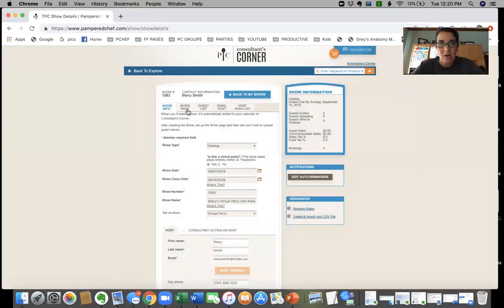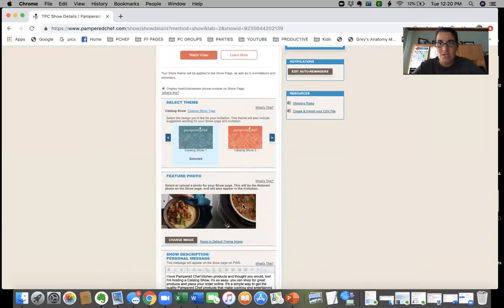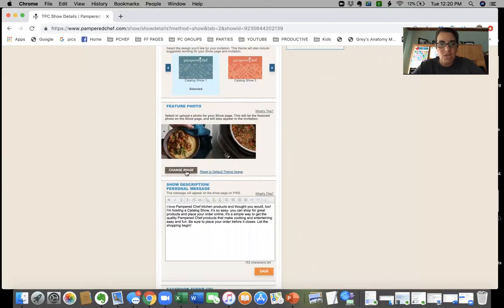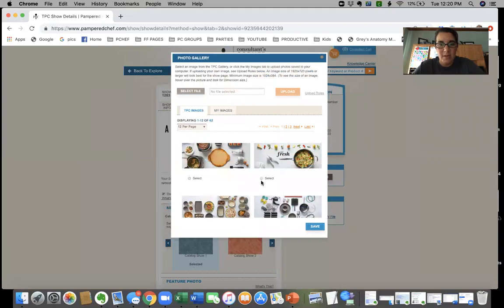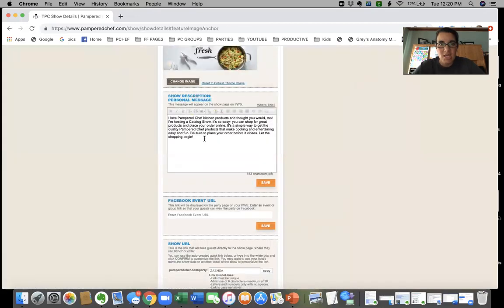All right, so now I'm going to go over to the show page, and this is where I decide what kind of changes I want to make to the uniqueness of my party. I usually leave it here at one of these two pictures. I'll jump in here and click Change Image and pick whatever you want. Let's just do the fresh one with the walk. And then I'll go ahead and change the words here. So a lot of times I'll say, join us for a